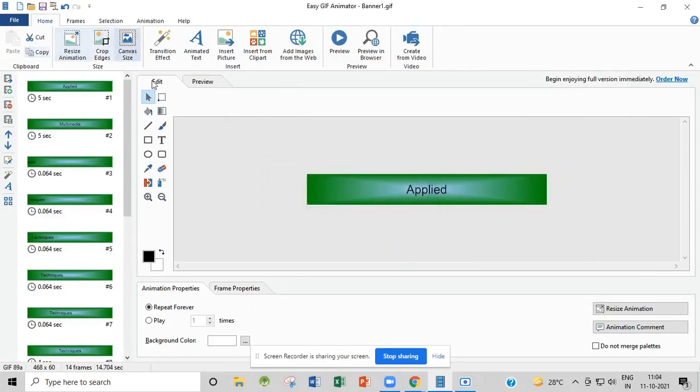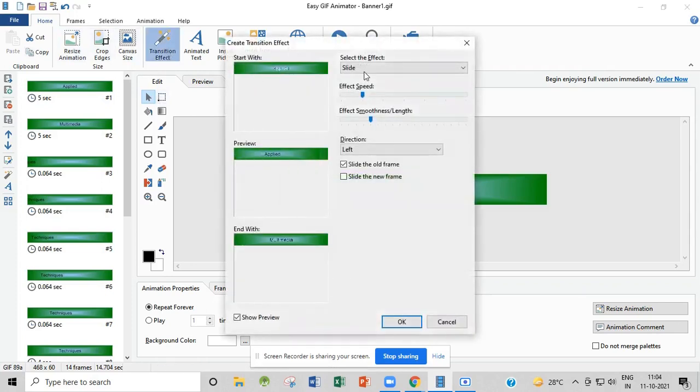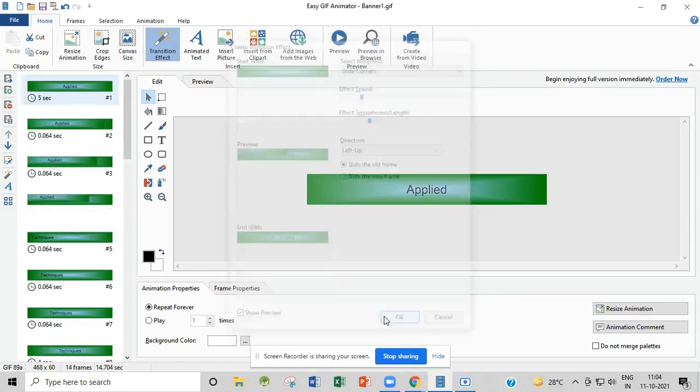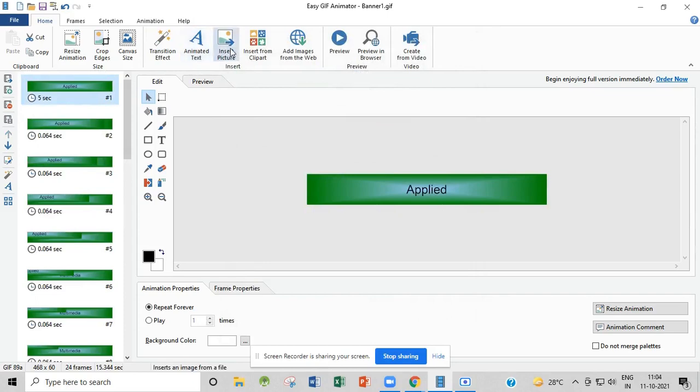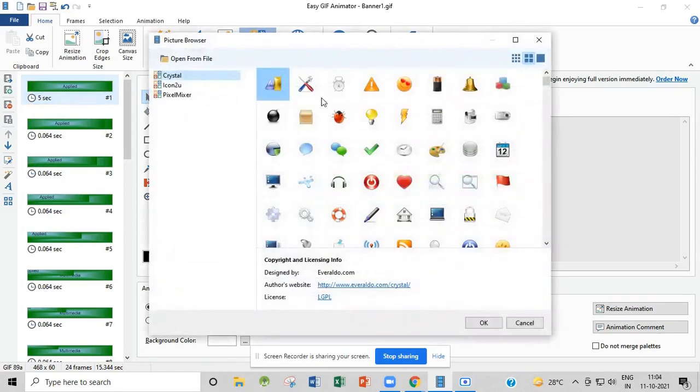Now see, here you can also make the changes in that banner. If you want to apply any effect, then you can apply that effect. Then if you want to give any picture, any clip art, then also you can use that into that particular banner.